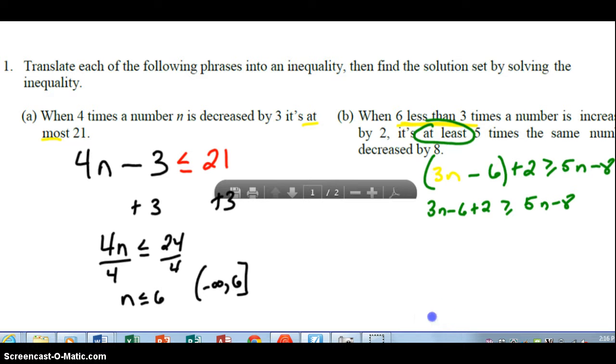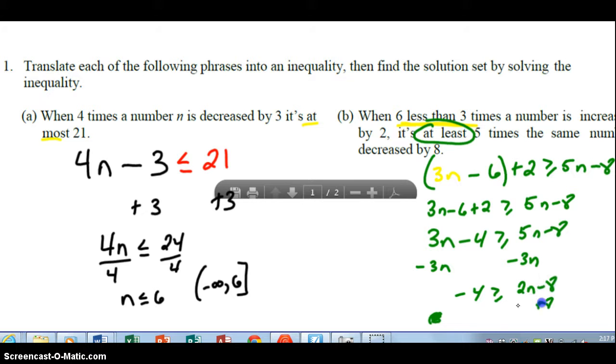I'm going to go a little quick here. Sorry, I don't know what's wrong with this. 3n minus 4 is greater than or equal to 5n minus 8. I'm going to get my n's on the same side. So I have negative 4 is greater than or equal to 2n minus 8. I add 8 to both sides. Move this over here. So I have 2n minus 8